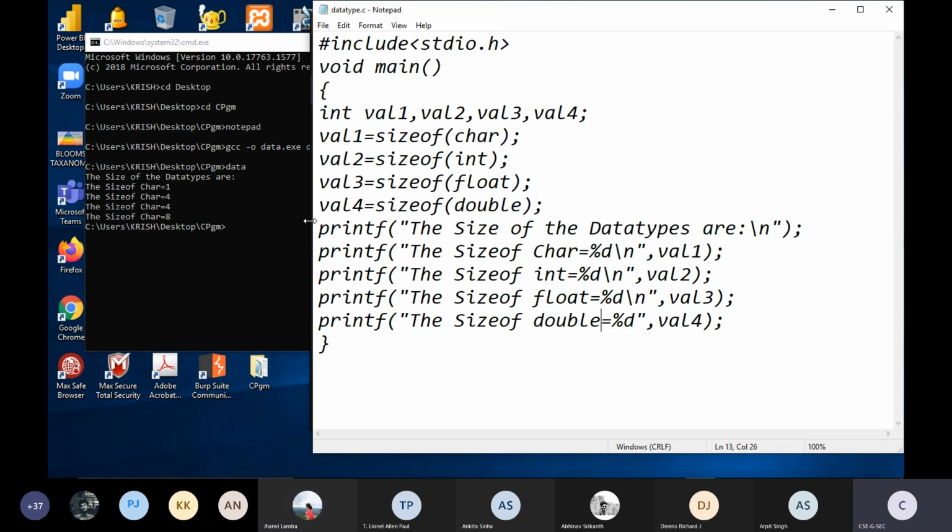Excuse me, sir. Yes, tell me. So when we are writing unsigned int within the brackets of sizeof, how are we supposed to write it? Like unsigned int itself, with space, without space? With the space only. Unsigned is one word. Actually, it is a keyword, and int is also a keyword. So they both have to be separated with a space actually. Okay, sir. Okay, good.